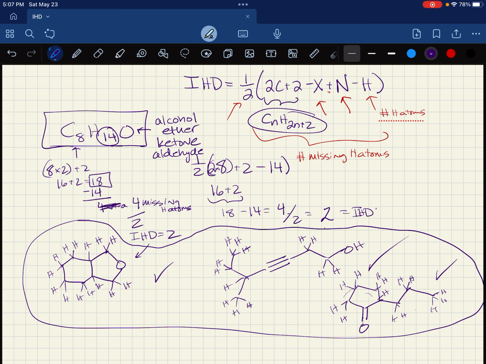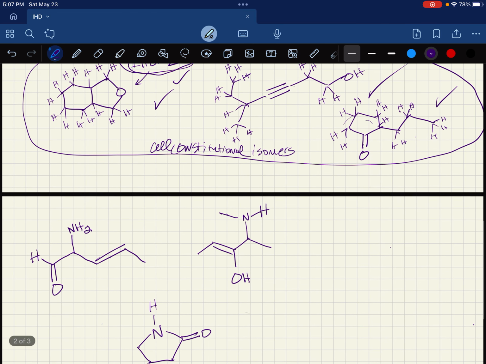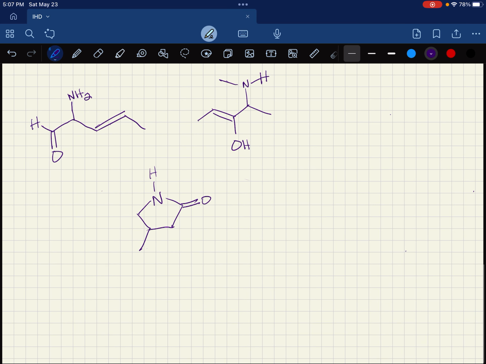formula, but the structures are different, they all have an IHD of 2, and these are all constitutional isomers. Because they all have this molecular formula, but they are different structures. They have different connectivity. We would give these compounds different names. Okay, one last thing. Let's look at how we do this for comparing structures as constitutional isomers to make that